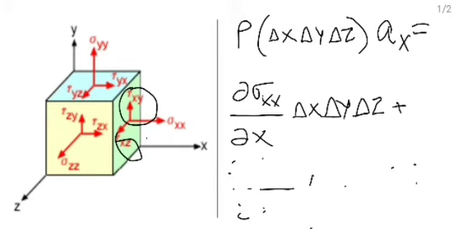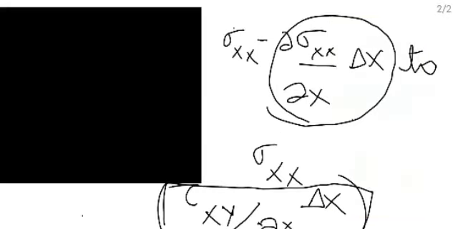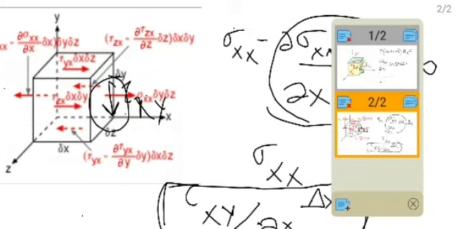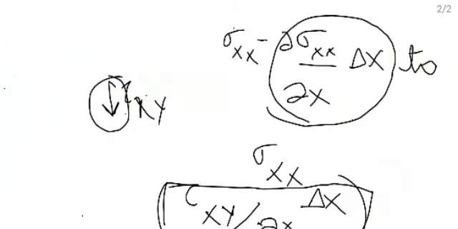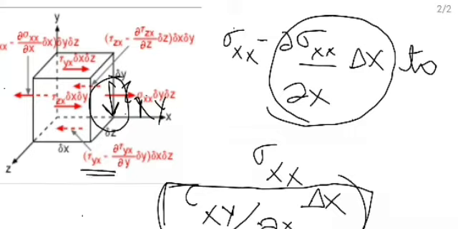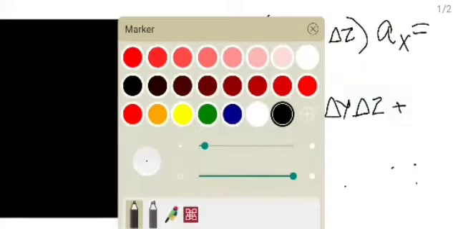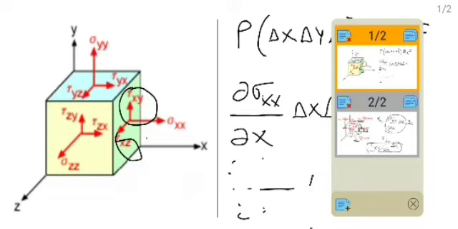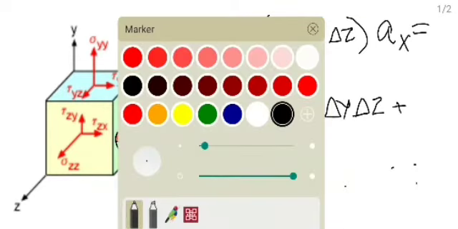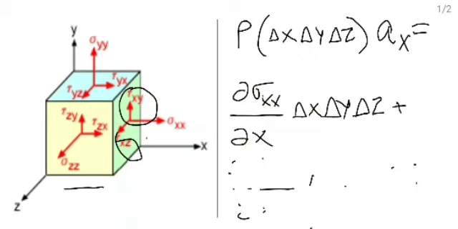Along x direction, what we can see? I'm sorry for that. Along x direction we have tau yx, tau zx, that act on some other planes only. That is, along this plane we have in x direction tau, perpendicular to this plane we have y, tau yx. So though tau yx